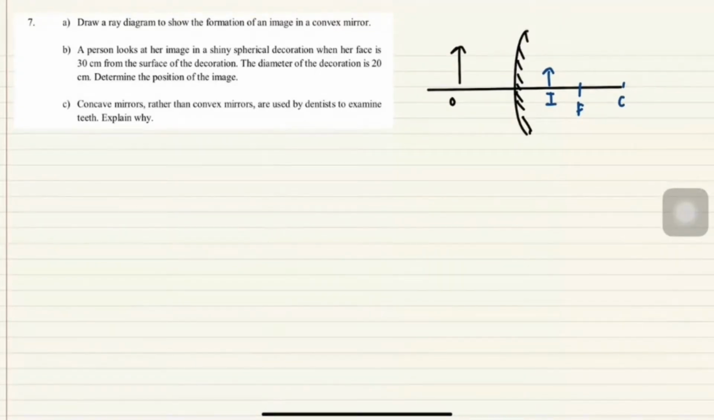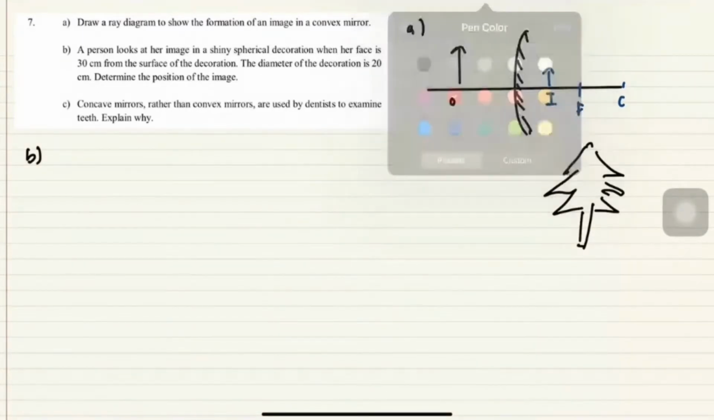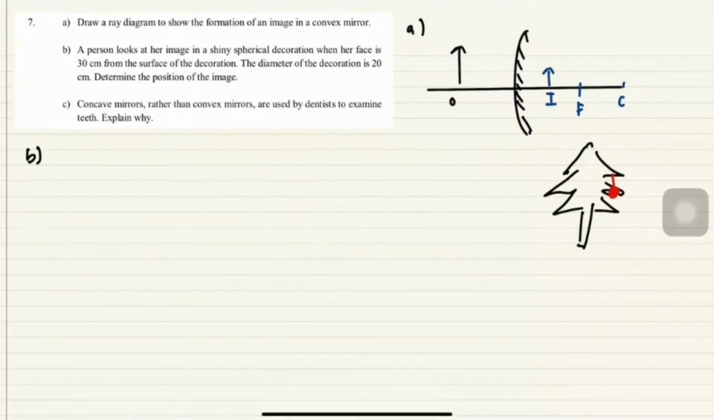Okay, question B kata a person looks at her image in a shiny spherical decoration. Okay, shiny spherical decoration ini kamu boleh bayangkan kalau kamu ada Christmas tree kan. Okay, and then kamu ada apa tu yang gantung-gantung tu, maybe red color ke gold color ke macam tu. So this is the spherical decoration yang dimaksudkan tu lah. Dia kata bila dia punya muka tu 30 cm from the surface,